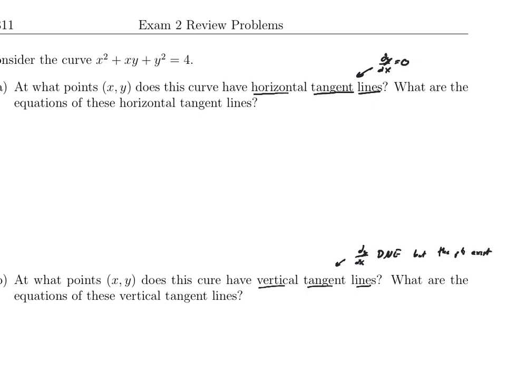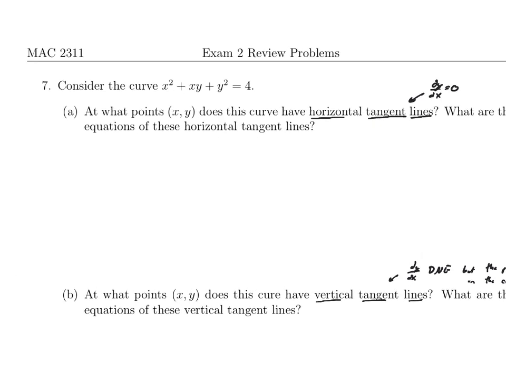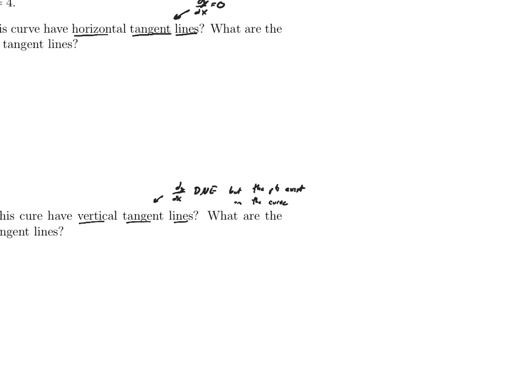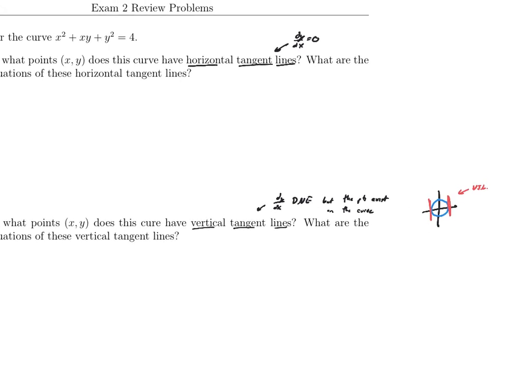Exist on the curve. So you're looking for points on the curve where the derivative doesn't exist. All right, and remember, that may sound counterintuitive. You're like, well, how can that happen? But imagine if I have a circle, for example. Here's just a quick example. If I have a circle here, the point exists, but I have a vertical tangent line at that point and that point. So those are my vertical tangent lines. Okay, but before I do any of this stuff,